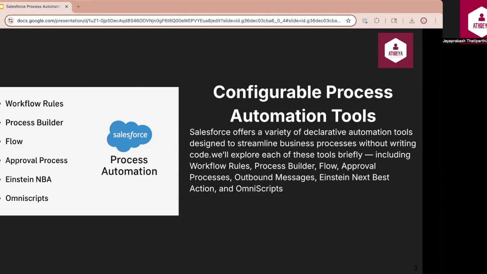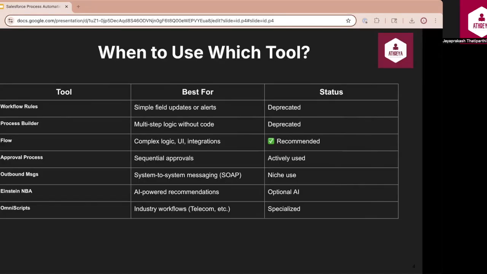While validation rules don't perform any actions, they enforce data integrity by preventing users from saving records that don't meet specified criteria, which indirectly supports automated processes by maintaining clean and reliable data. These features, though not part of Flow or Process Builder, are important automation mechanisms that reduce manual effort and improve efficiency across teams. As explained in the previous slide, Salesforce offers a range of automation tools, each suited for different types